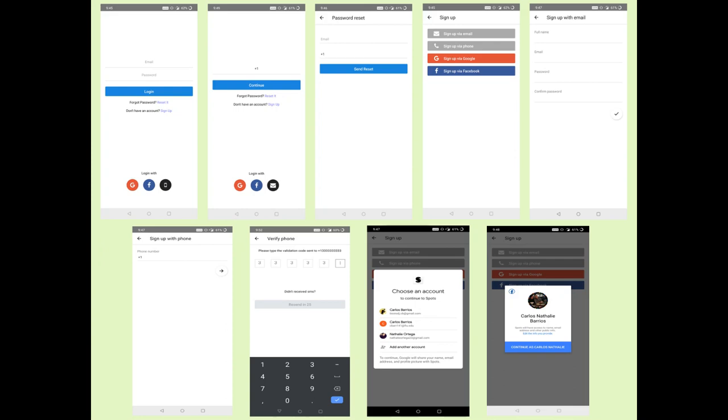So here are some screens about this epic. You can see on the top, this is the flow of authentication. You first log in, you can create an account. There are the different options, and depending on the option, you get different forms, and you can authenticate yourself. You also have validation codes to validate any phone number. And also you can use, for example, Google and Facebook accounts as well.